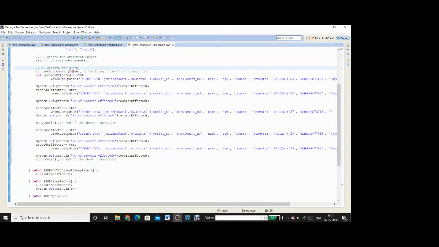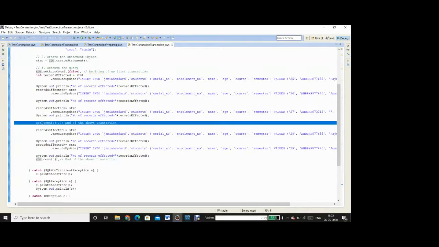But when I explicitly set this value as false, that means for each and every execution of the execute update statements, or the SQL statement in general, that statement individually will not have a commit effect until and unless I give a commit instruction explicitly, like in this line, con.commit.